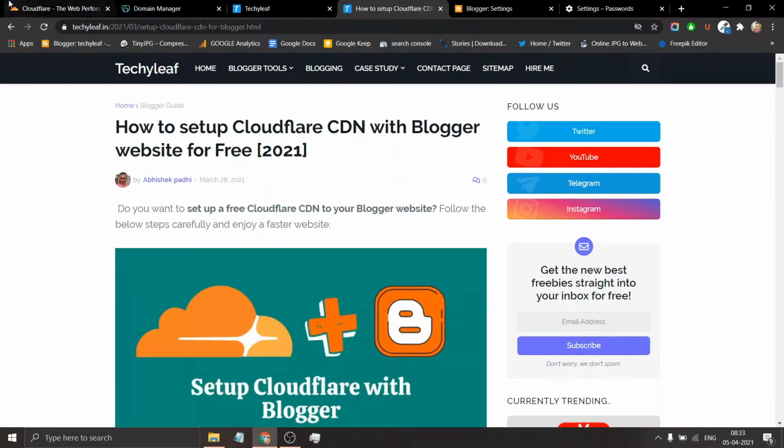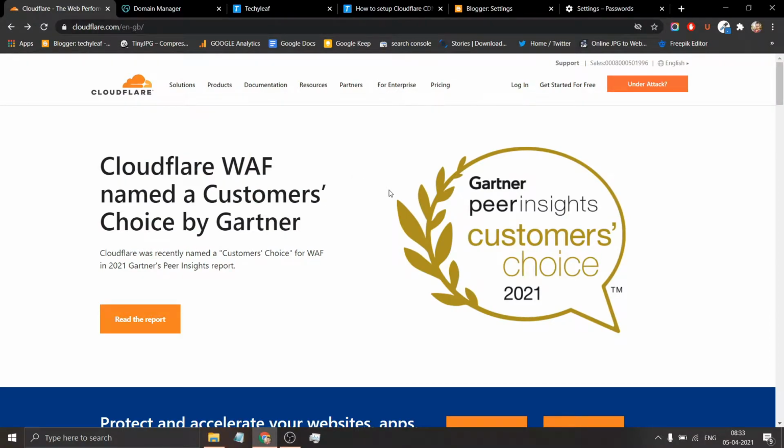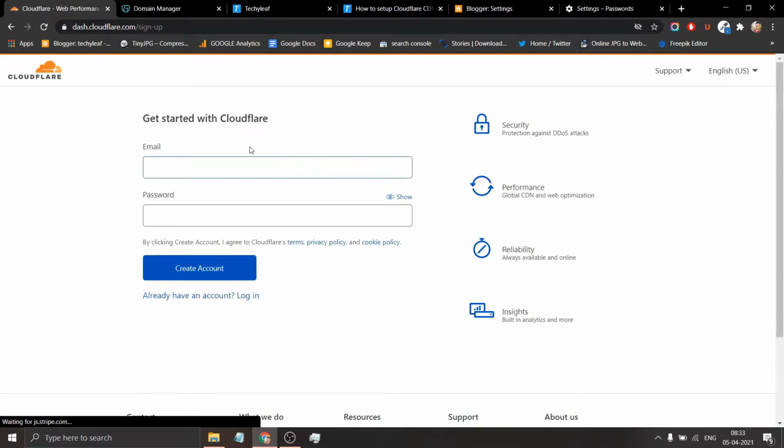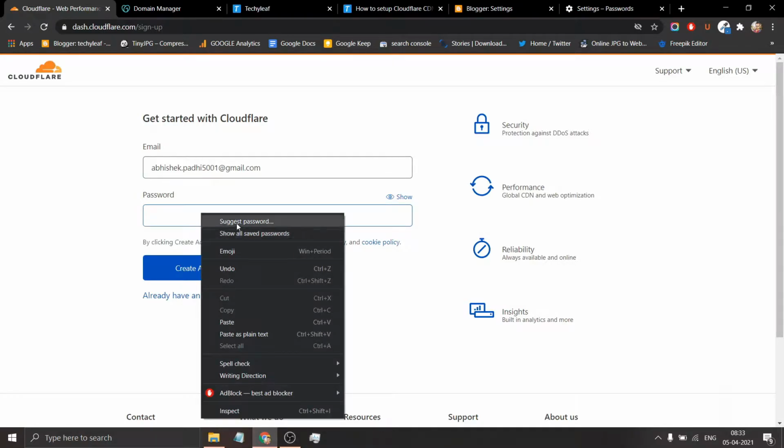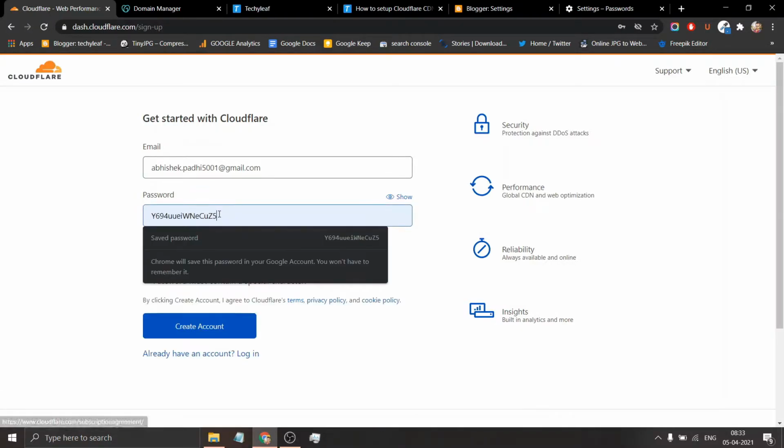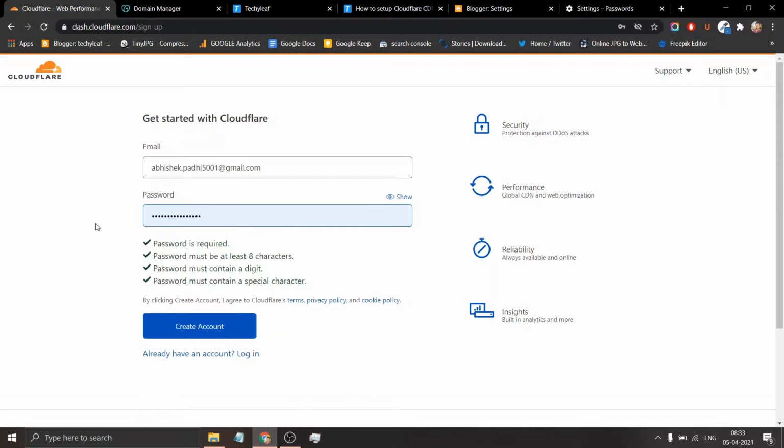First of all, go to the Cloudflare website and click on Get Started for Free. Enter your email and add a strong password, and click on create account.